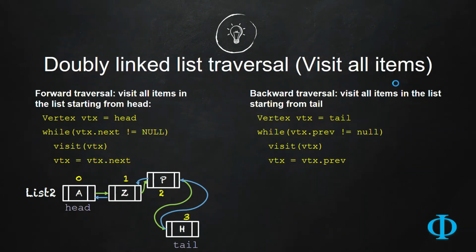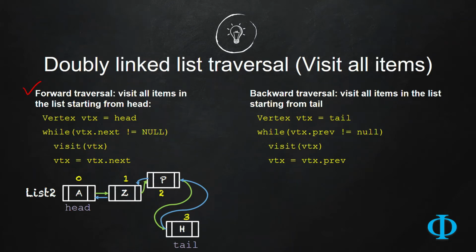Now let us try to understand how we can visit all the items stored in a doubly linked list. The items in a doubly linked list can be visited in two different orders. The first is by traversing the doubly linked list in forward direction, which is no different than traversing a singly linked